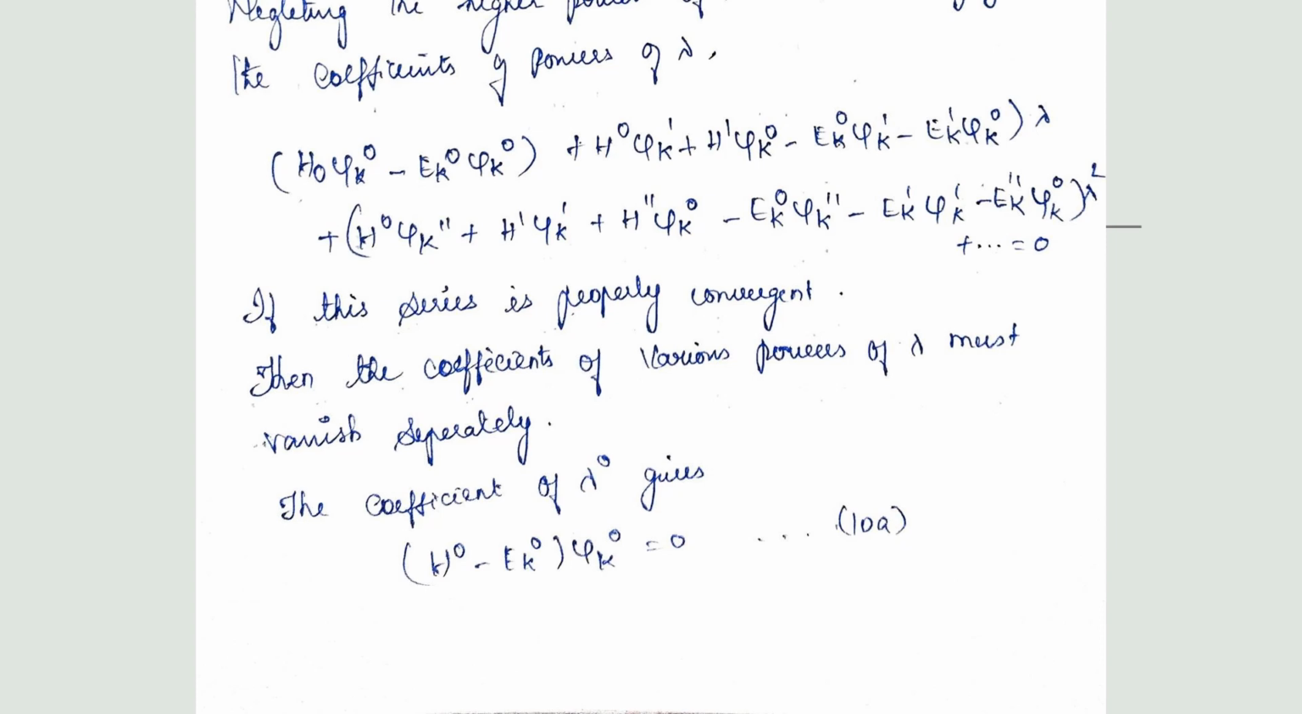After expansion and reordering the Hamiltonian and energy eigenvalues according to the coefficient of lambda, and after that separating the coefficients of lambda, that is lambda to the power 0, 1, 2, 3, etc. it may be written as, for lambda to the power 0, it becomes H naught minus Ek naught psi k naught is equal to 0. And likewise, for lambda,